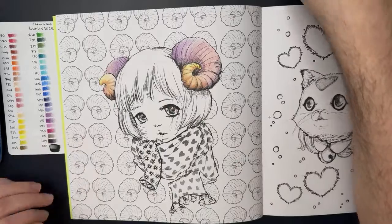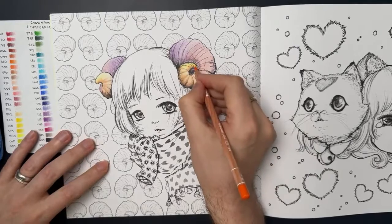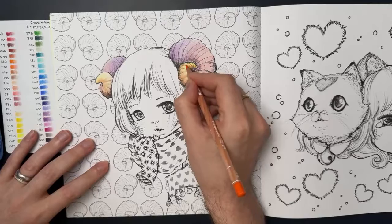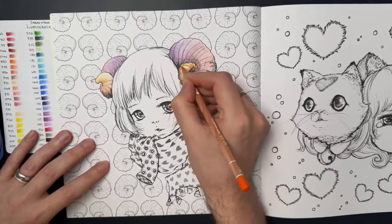Yeah, you're good. We're going to go with the brighter orange for the more towards the tip, just because it's very yellow, and I don't want to dull it down. These also layer kind of weird. It's like, I love them, but I don't love them, I don't know. Maybe I haven't figured out how to use them just right, but...